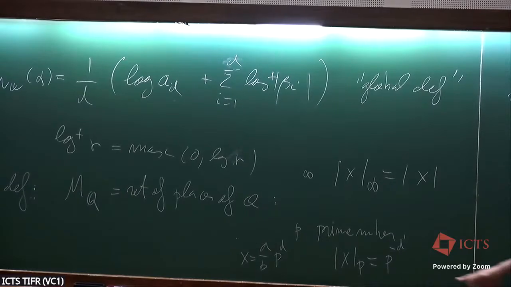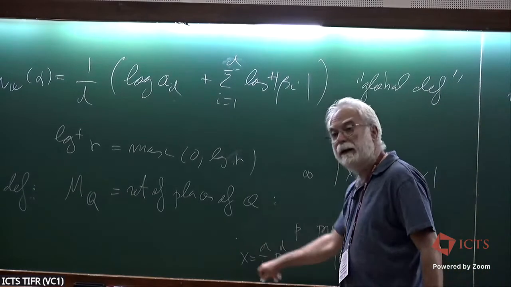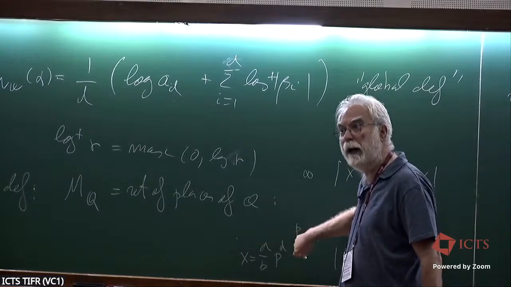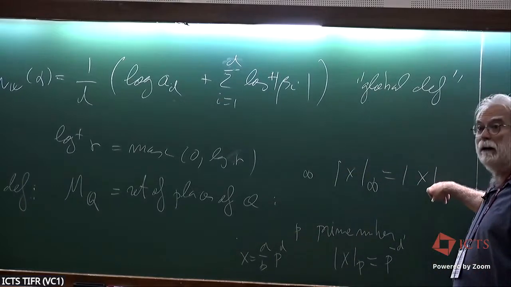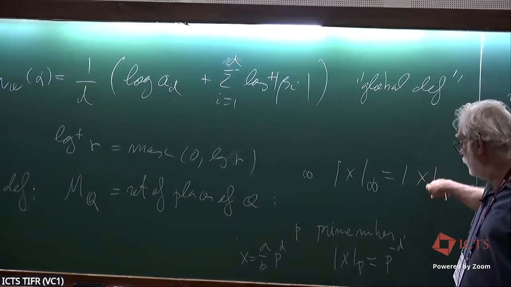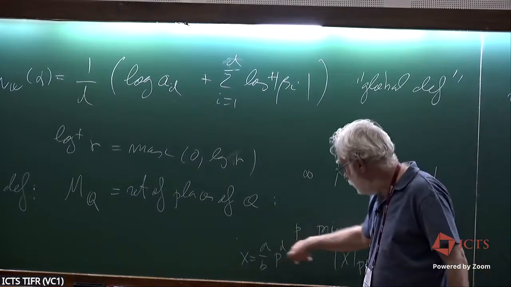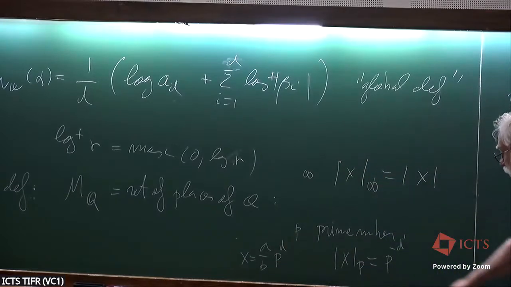Because you see, if you write down x, the expression in products of primes, on the usual absolute value, you will get the prime p at the power d. In the p-adic one, you will get p at the power minus d, and then the product of all of them is 1. Okay, with this definition, now the formula of